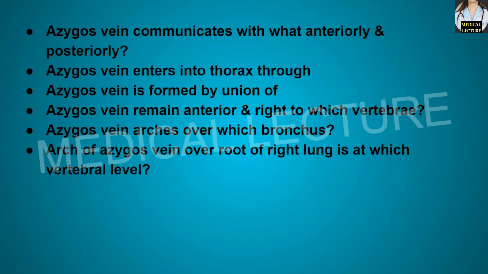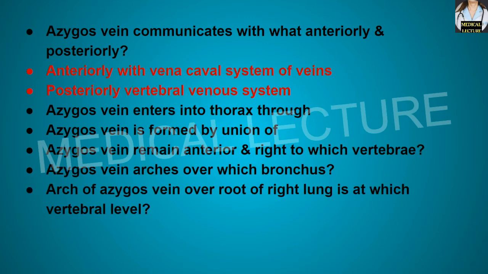Azygous vein communicates with what anteriorly and posteriorly? So anteriorly it communicates with the vena cava system of the veins, and posteriorly it communicates with the vertebral venous system. Azygous vein enters into thorax